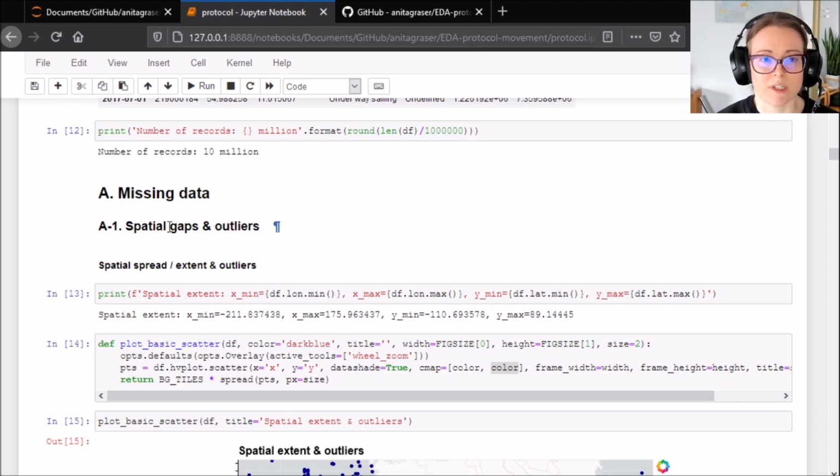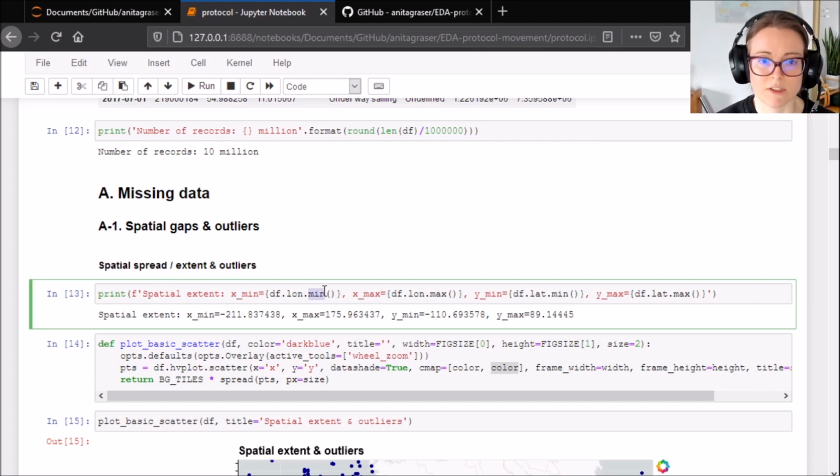First of all, looking at missing data, obviously we want to assess the spatial and the temporal extent. We want to see whether there are outliers. So we can use the default tools that are available in pandas, so we can access all kinds of statistics for the columns, including obviously the minimum and maximum values for latitude and longitude. If we do that, we might already see that there are a couple of obviously wrong values. For example, for the latitude, the value of -110 is not possible on the Earth,